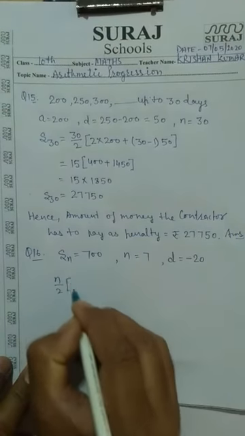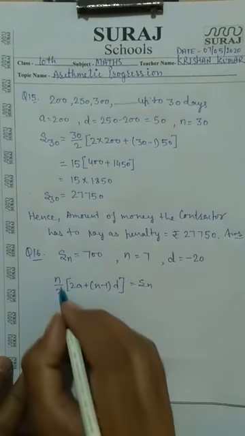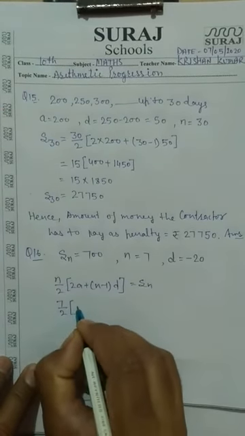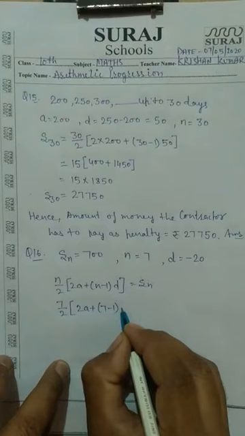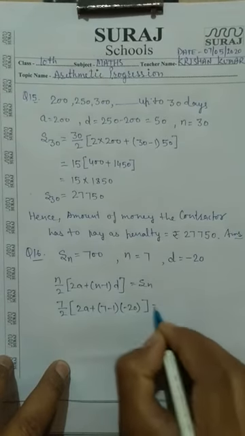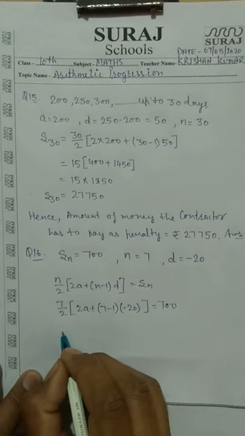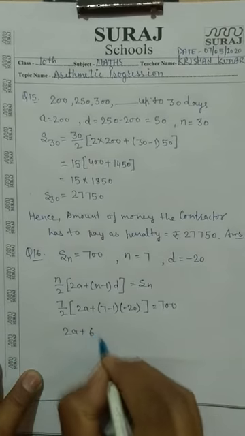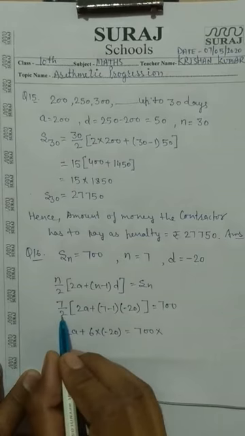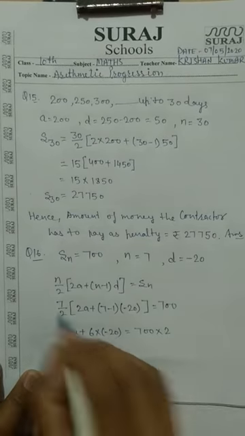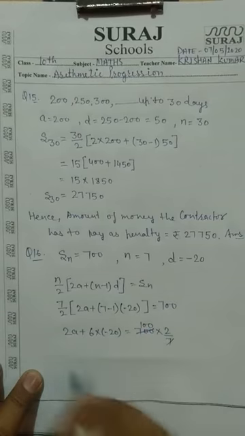n upon 2, bracket 2a plus (n minus 1) into d, bracket close, is equal to Sn. n is 7 upon 2 into 2a, 2a is not given here, plus (n is 7 minus 1) into d is minus 20, Sn is 700. Okay, 2a plus 6 into minus 20 is equal to 700 into 2 upon 7. Here 2 is in division, so on this side it will transpose to multiplication. 7 is in the numerator, after transposing it goes to the denominator. 7 into 1 is 100, 2 into 700 is 1400,